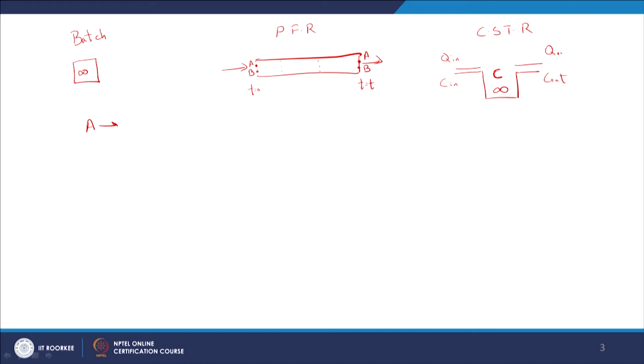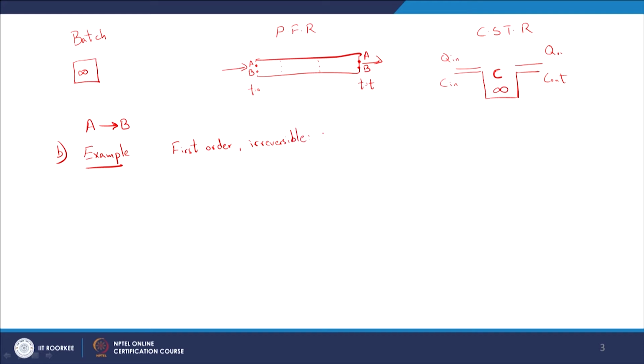I believe it was A goes to B, right. That was with respect to the batch reactor, and I think we looked at Ct equals C naught e power minus Kt and so on. So, next we are going to come up with another type of example, and this example is obviously again first order. We are going to start with the baby steps. First order, irreversible,